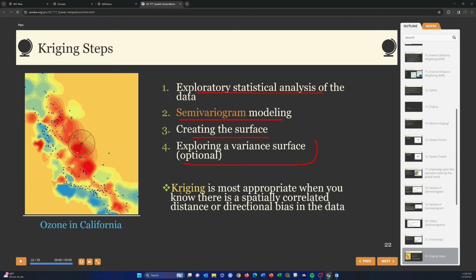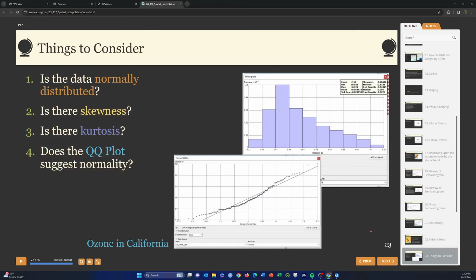This is important. Kriging is most appropriate when you know there's a spatially correlated distance or directional bias in the data. Whenever there is spatial autocorrelation, and also if there's spatial autocorrelation with a directional pattern, then Kriging may be a better option than simply using inverse distance weighting or fitting a simple mathematical function to the data. Since it's based on statistical analysis, it's good to look at